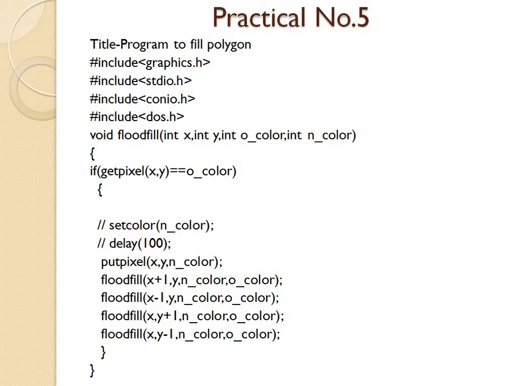Now the procedure of this flood fill algorithm. There are 4 parameters in the flood fill algorithm: first the target color, then the replacement color, and our seed pixel and the neighboring pixel. First, if the target color is equal to the replacement color, then return. If the color of the node is not equal to the target color, then return, and set the color of the node to the replacement color. Fourth, perform the flood fill.